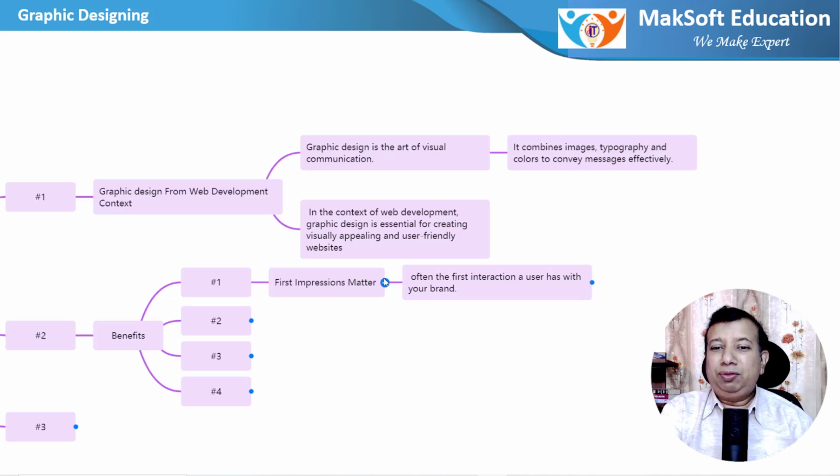Often it is the first interaction a user has with your brand. Whenever any user comes to the home page of your website for the first time, they are watching the brand. They are not only watching the content you display, they are communicating with your brand. So